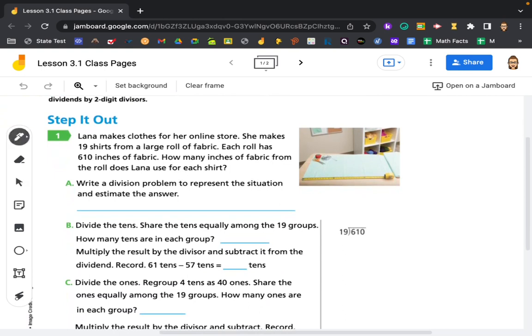So, the division problem would be 610 divided by 19. And I would estimate that as 600 divided by 20 equals 30. So then it says,